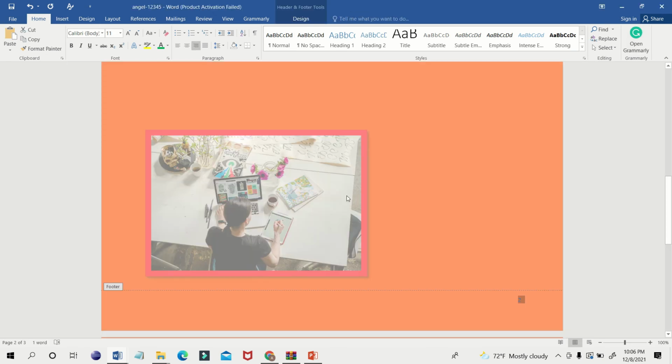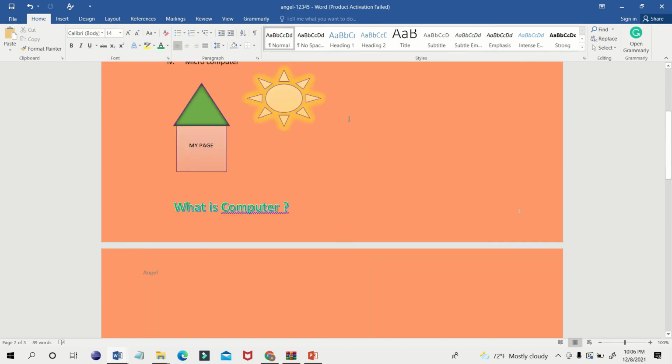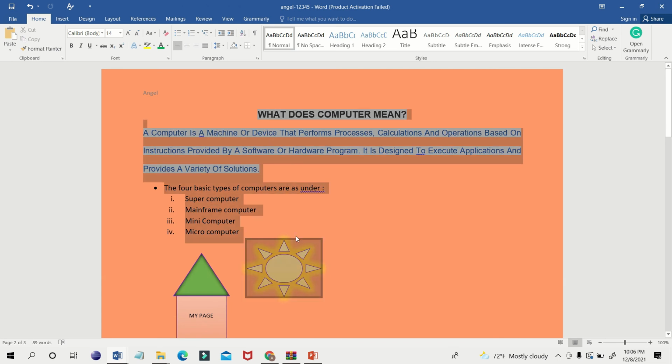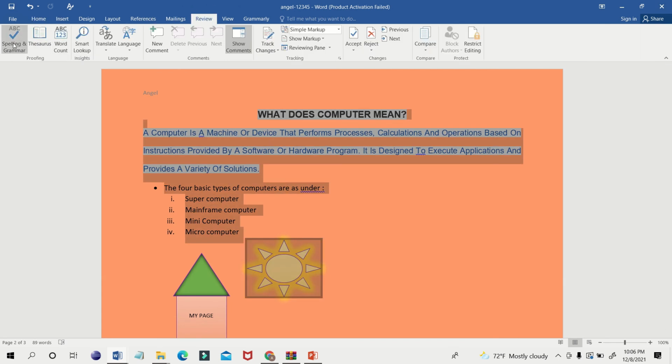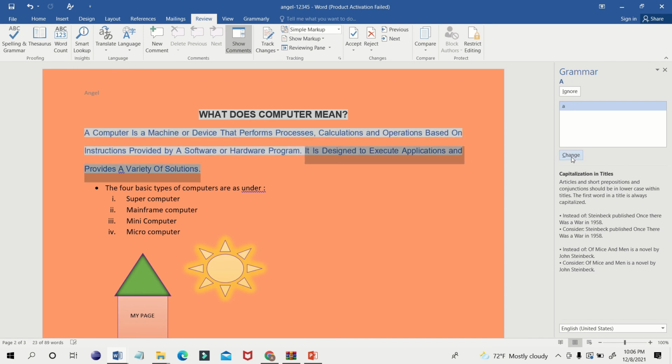Now you can check the spellings and correct them. How to check the spellings of the page? So you can select your paragraph and go to the review and click on spelling and grammar. Okay, so say change. So it will correct all the spellings. Change, change, change.